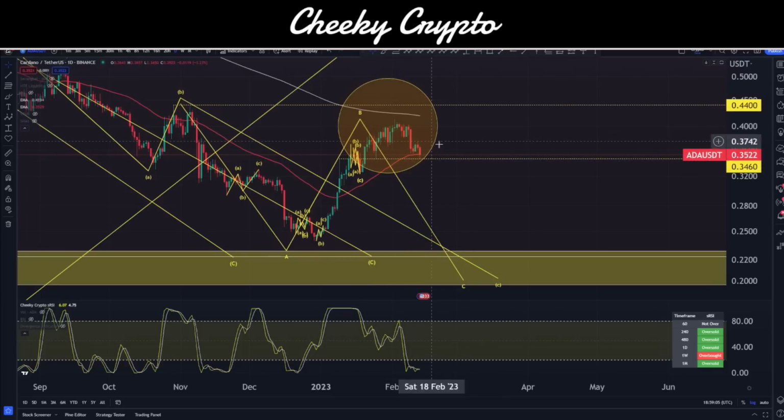5 waves down like this could be a part of a flat correction, so we should bear that in mind, but I can't see where that would really play other than maybe around here. That would be a situation where it would look like this, and you kind of come out and expand down. An irregular flat is basically what I would refer to as an expanding flat correction. So that's a possibility, but other than that, we should be thinking about the zigzag pattern. I think that's probably the one that actually revisits these lows,